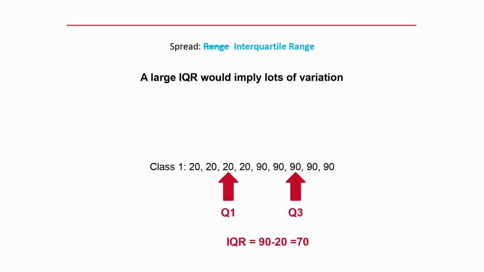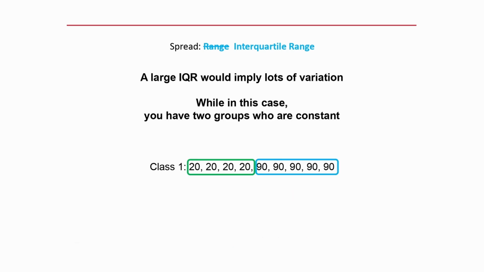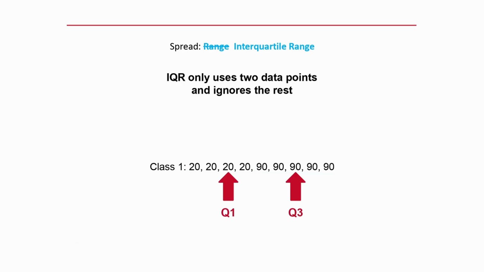Now, is that telling you the whole story? No, not really. There are really 2 groups here, and within each group, there is no spread. But IQR doesn't account for those other data points. It only looks at Q1 and it only looks at Q3. It happens to be that the rest of the data points don't have any spread across the 90 and across the 20 scores. So what we would want alongside IQR is another way to calculate spread, but utilizing every data